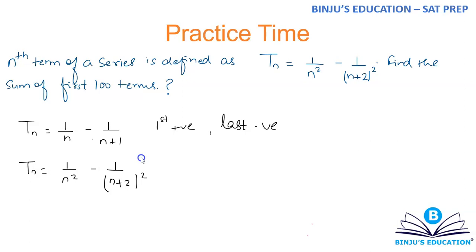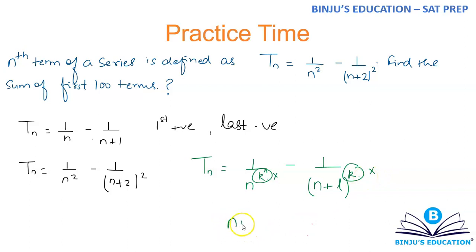So how do you figure out how many terms will be left? Whenever you'll have a question of the form Tn is equal to 1 over n to the power of some number, 2, 3, 4, 5, anything, doesn't matter, minus 1 over n plus L to the power k. Okay, if you have something like this, now ignore the powers, they're of no use to you. So simply take n plus L and subtract n from it. You'll get a value L, which will be a number, right? In this case, you can see it's 2. In this case, it's 1.